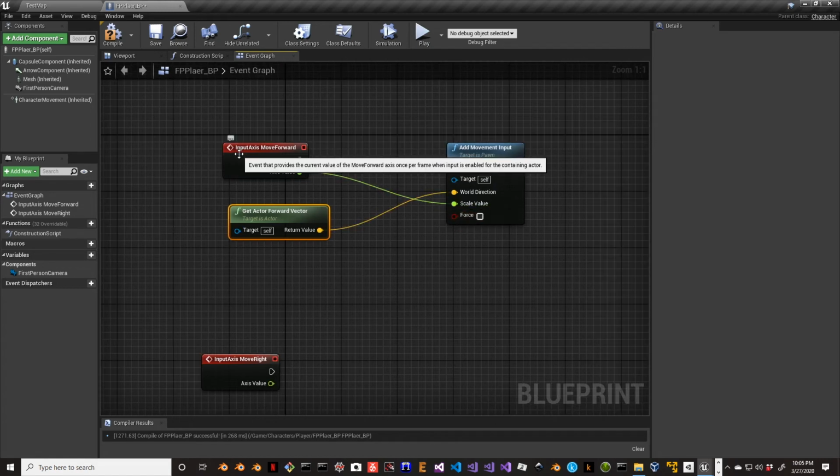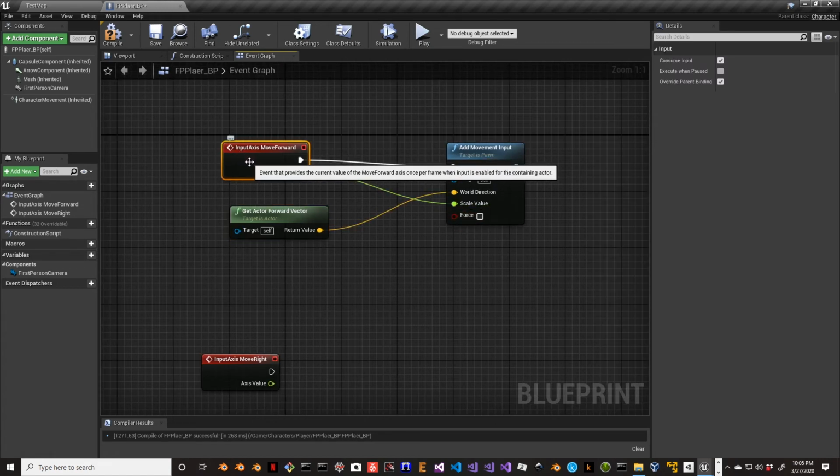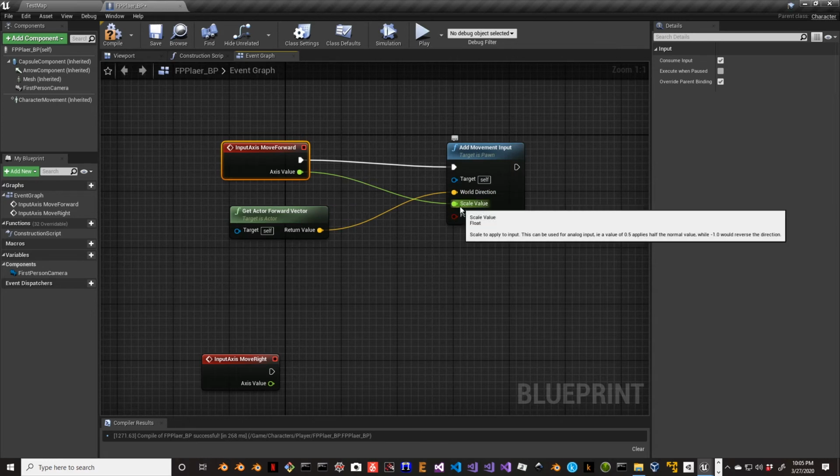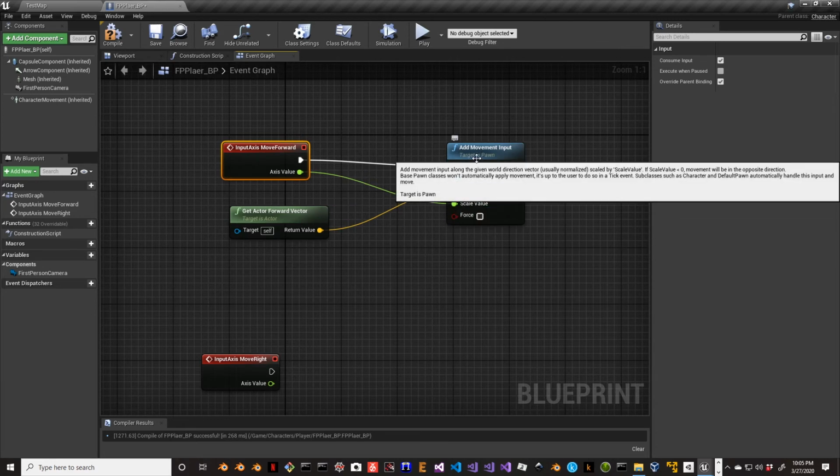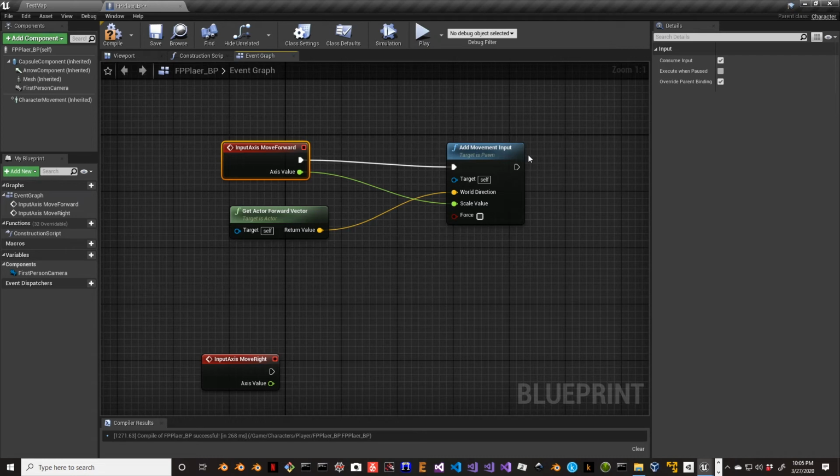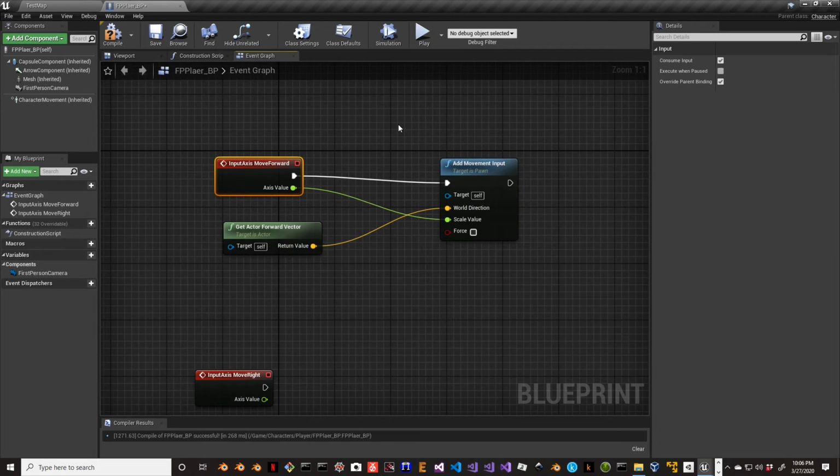So what happens is when we push the W key or the S key, this axis value will be 1 or -1. It'll go add this movement input. So let's see what perhaps happens here. However, we need a couple more things. So we're going to go with this right now and see how forward and back works. So we're going to compile this, save it,